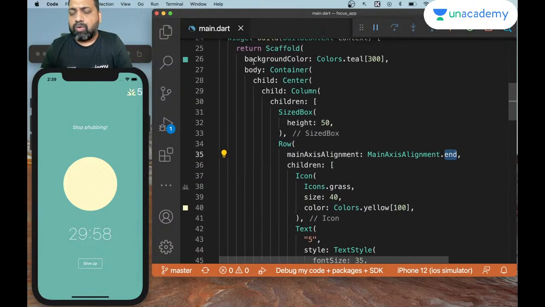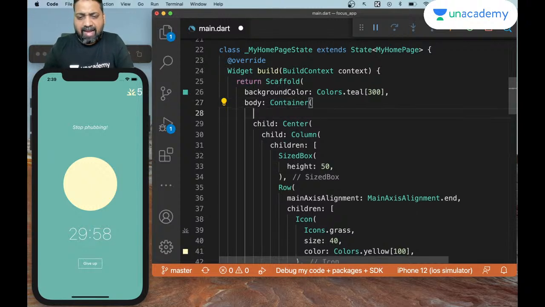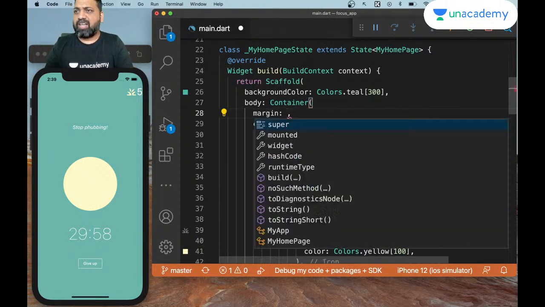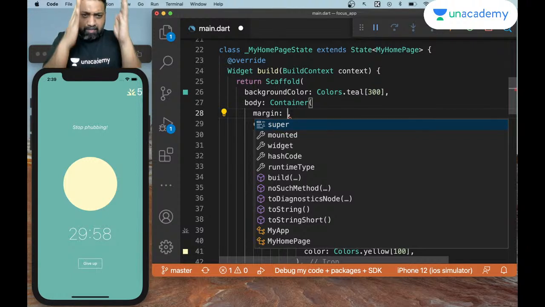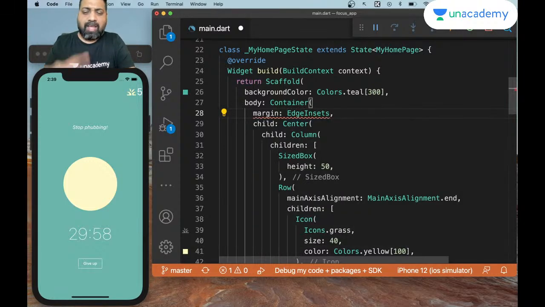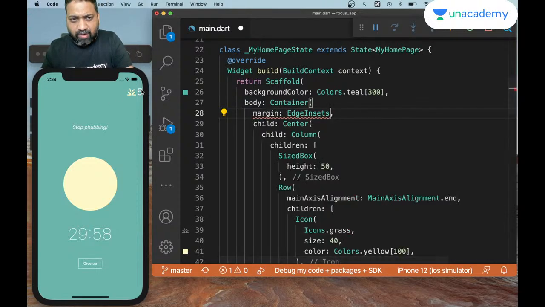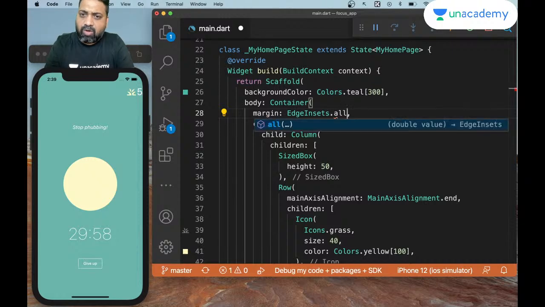So what I can do is go all the way up where it says container, right? And I can add something called a margin. Again, this is just extra information. If you like your app completely center aligned, nothing wrong with it. You can happily live with it. I just want to show you another way in which you can do this. So margin is an edge inset. I want to inset from the edge of that margin. So I can say something like dot all and set a